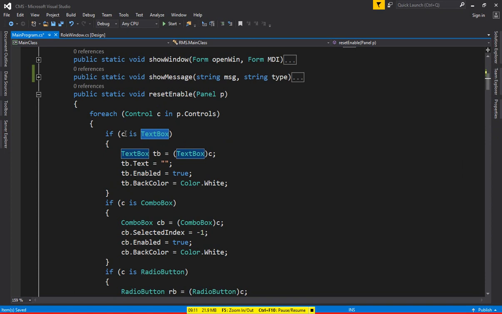If the first control that is picked up is a text box, then store it in a text box, and I have done typecasting here. This is what typecasting is. Typecasting means forcefully converting your data type into another type. Because my control is in C, I cannot use the properties and the methods of the text box by staying in the control class. That's why I have first checked that this is my text box. If this is my text box, then I have forcefully converted it to a text box type and stored it in a text box object. Now I am able to use the text box properties and methods,